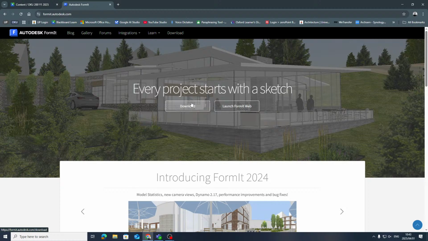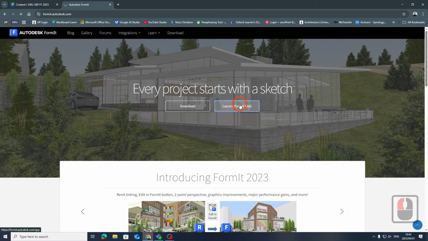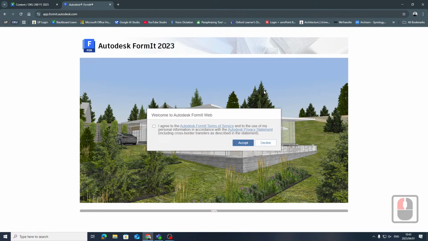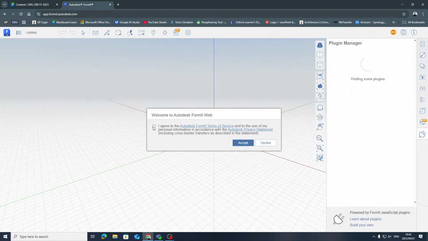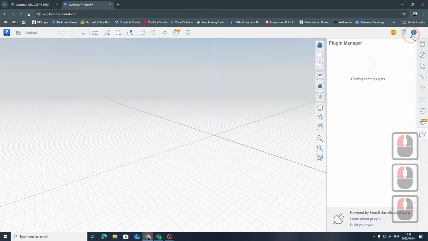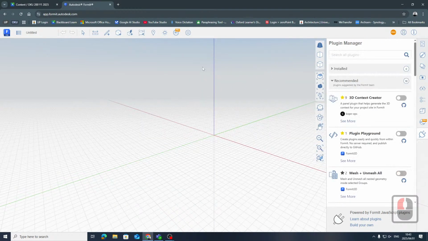However, I have noticed that the Format for Web app still functions without the Pro license. So the web version still works. So for those of you that have downloaded it on your machine, you'll probably find it will work up until the end of this year, and then it will work no more. So you'll have to use the web version.